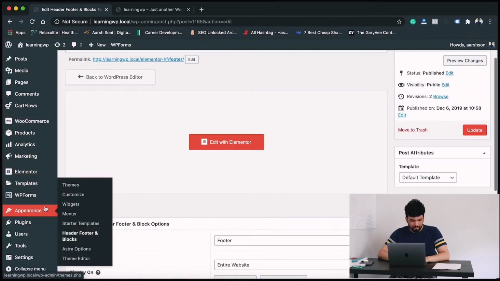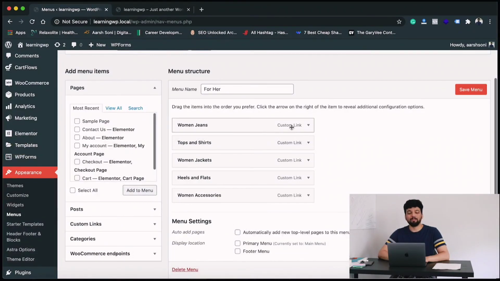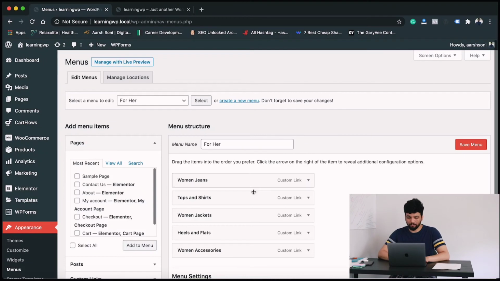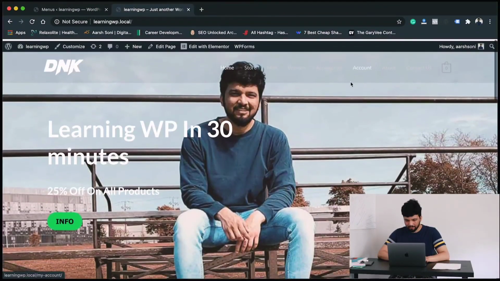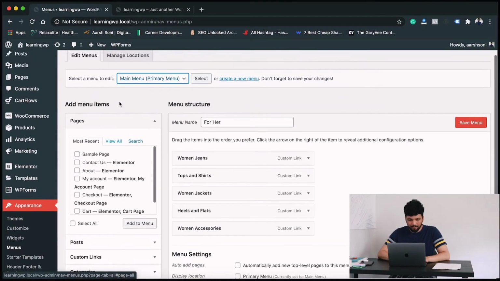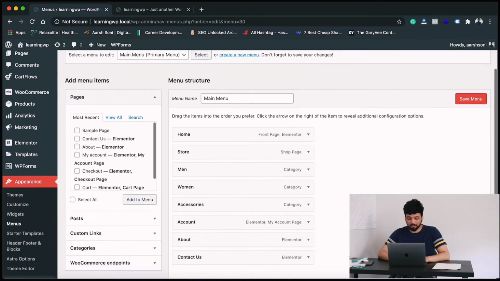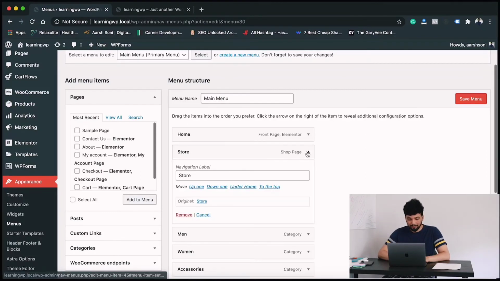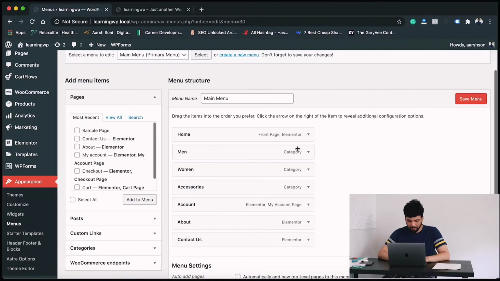So go ahead and click menus in appearance. Here you will get all the menus. You can create new menu if you want to, or you can just change the particular menu. So we'll select the main menu. So here, guys, this one is the main menu. So let's say I just want my home and then the contact, or maybe about us, home and contact. Here you can change the menu options you want. So here you can just add new menu options, or you can remove from existing. So go ahead and click stores, remove.